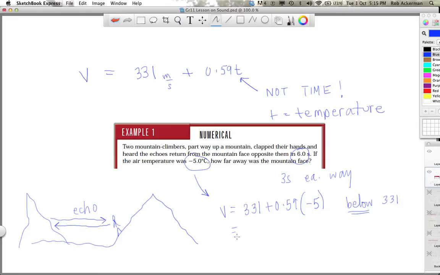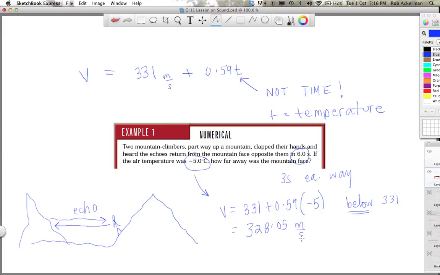I get my calculator out here. I should have had this prepared, but it's been a busy day. So here we go, 331 minus 0.59 times 5. I'm struggling with my calculator here. You guys probably already have this calculated. There we go. I get 328.05